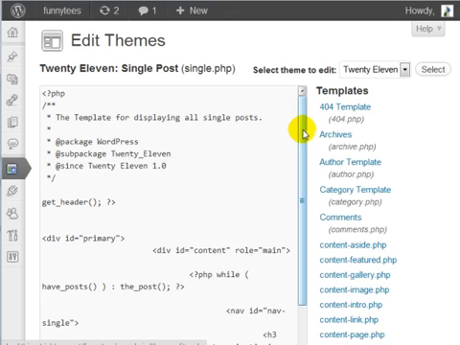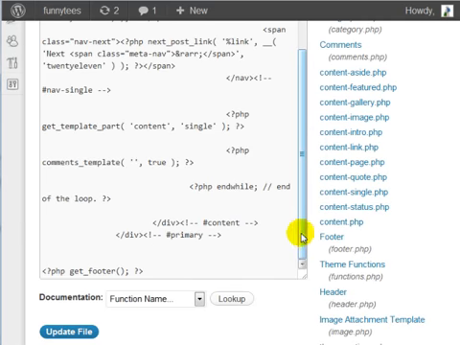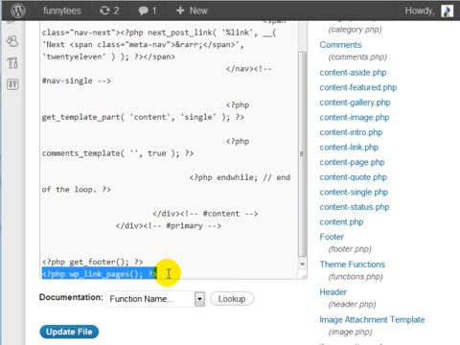and scroll all the way down to the bottom. Now, you don't need to know web code, PHP, or anything like that. Just simply watch how I do it and you're going to see how easy it is. At the very bottom of your single.php file, you can actually copy this specific code. And this is